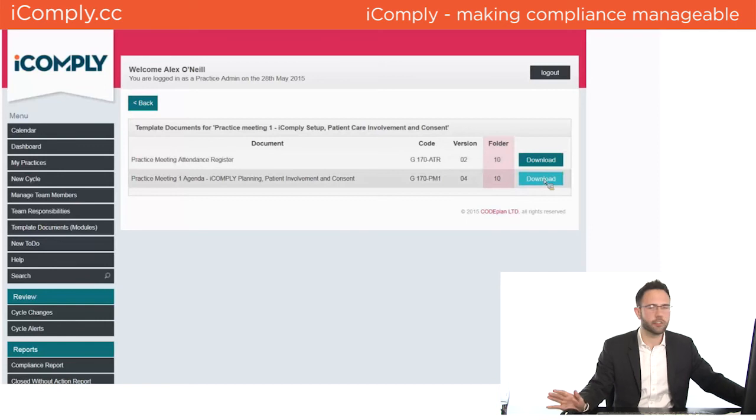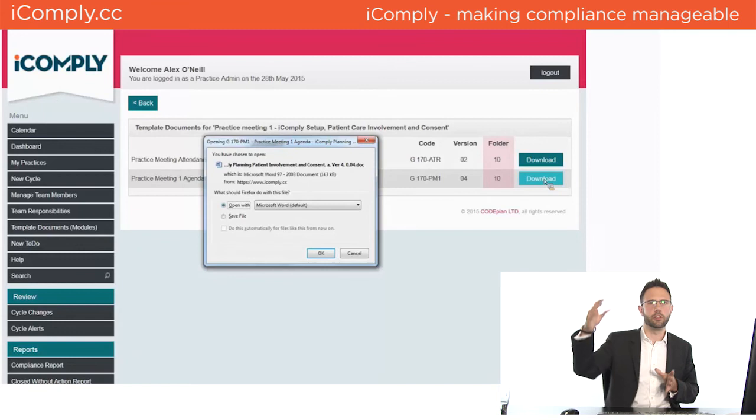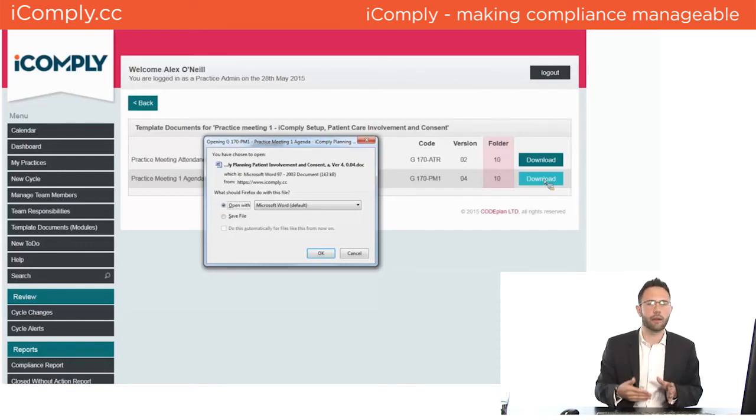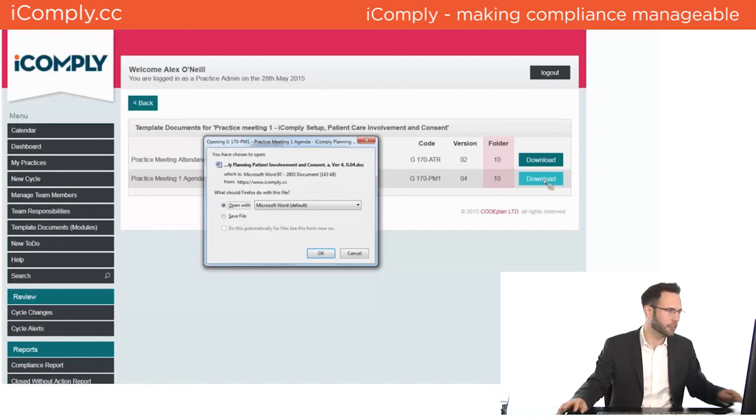So the items on this agenda, and every single monthly agenda, match the compliance reviews that you've been doing. So they've already been put as items on that list and that agenda for you to deliver that meeting to your team. Obviously it is a template though, so I do advise customizing it, and perhaps sending it to your team a bit in advance, allowing them to add any AOB items that they feel are important around that topic, and obviously any health and safety or anything that's really, really urgent. So if I open that template